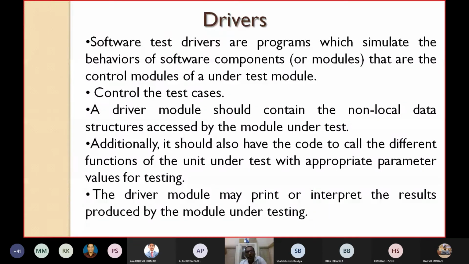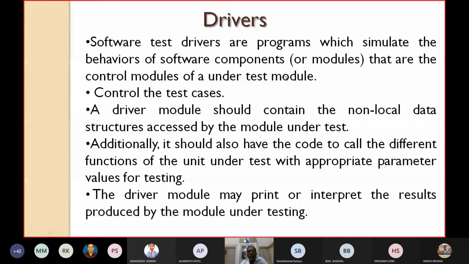Suppose we are going to test module A, and that is called from another module, say B, and if B, from where A is called, is not ready, then we have to develop a dummy module for the module B that we call a driver. So software test drivers are programs which simulate the behaviors of modules that are the control modules of a module under test. So what does it do? It controls the test cases. So drivers control the test cases.